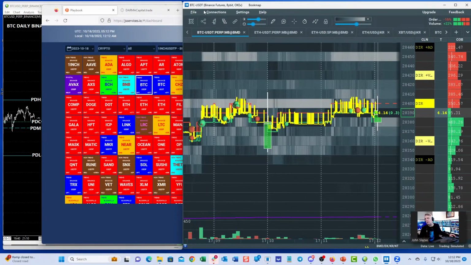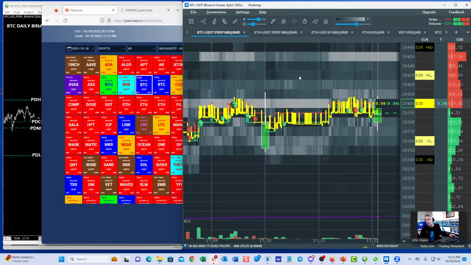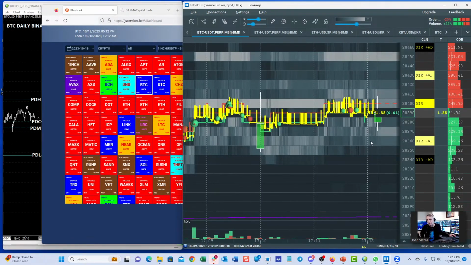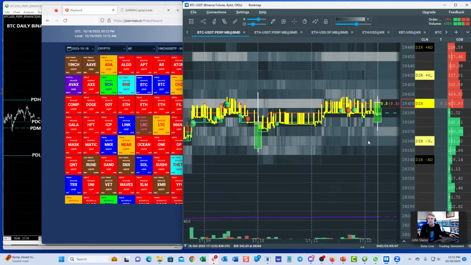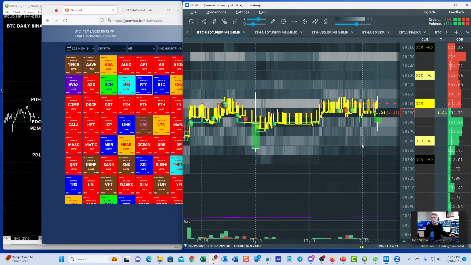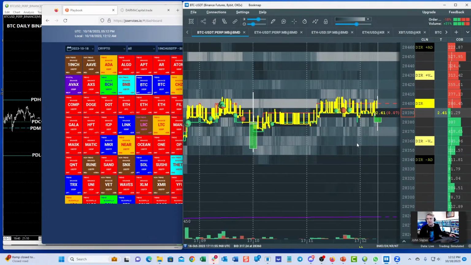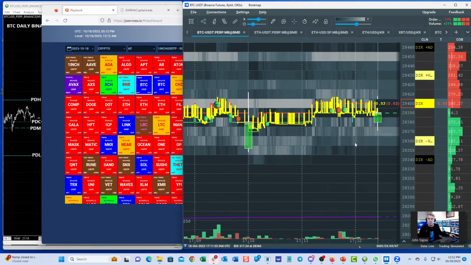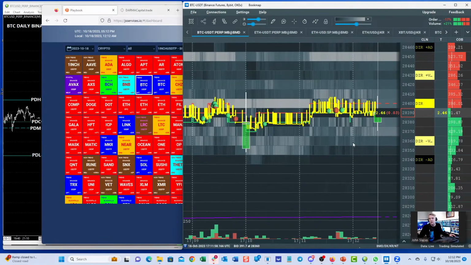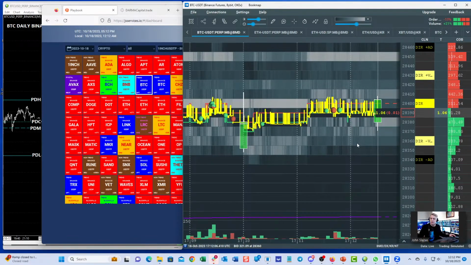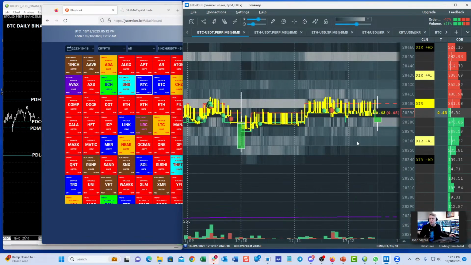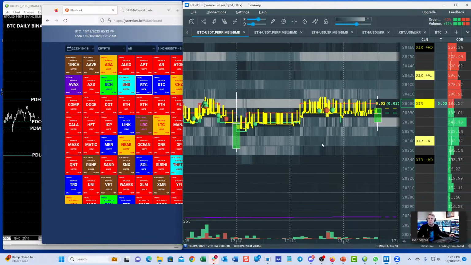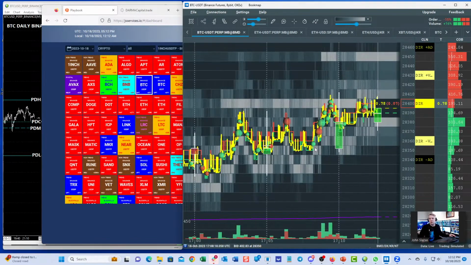I look at the Bookmap multi-exchange data, just to get a sense. But with crypto especially, liquidity is all over the place. If you're just focused on one exchange, you need to understand that there are only so many players in there. There's a lot of OTC trading. A lot of bigger players trade OTC pretty much exclusively. They will put some resting orders on the exchange, but they may get into a position or out of a position on an exchange and get out OTC. So that's something to always be aware of.